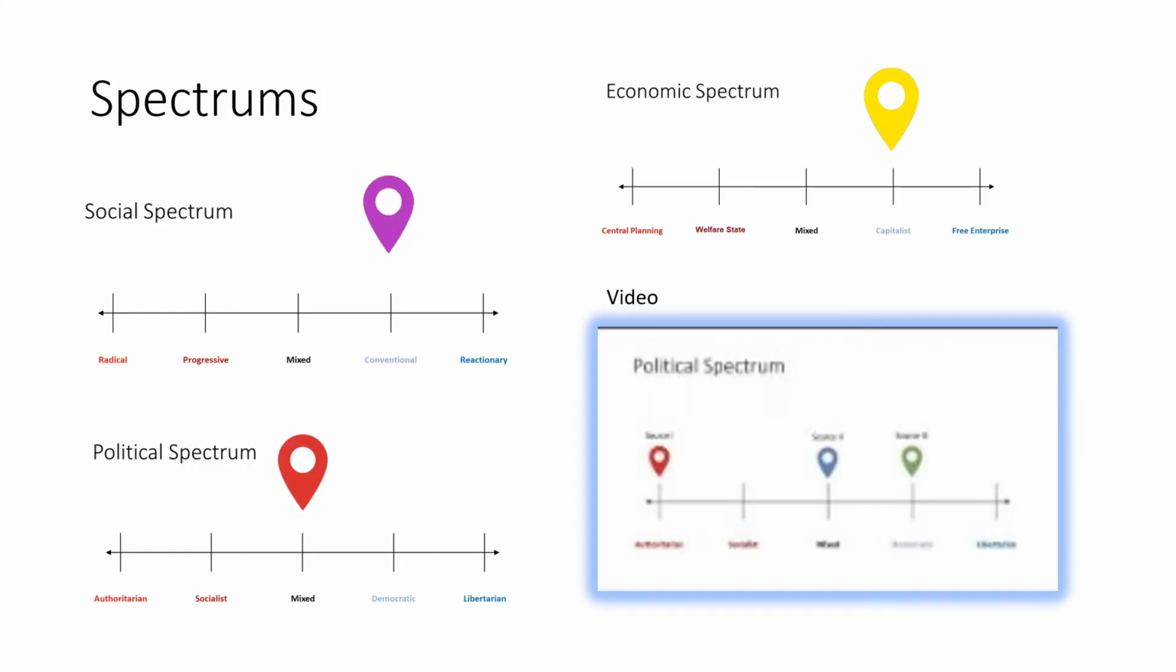Here are the spectrums. If you do not recall them, we have the social spectrum, which deals with social change and people's attitudes or views towards how quickly things should change or in which direction, if the changes should be dropped or removed altogether. We have the political spectrum, which deals with where does the decision-making and power lie in